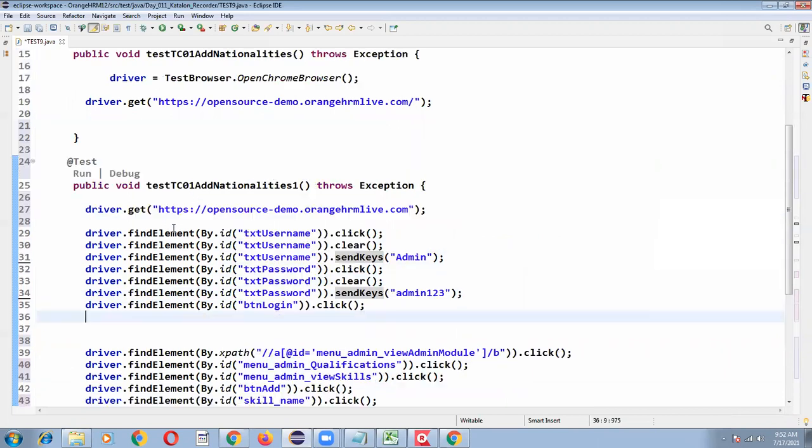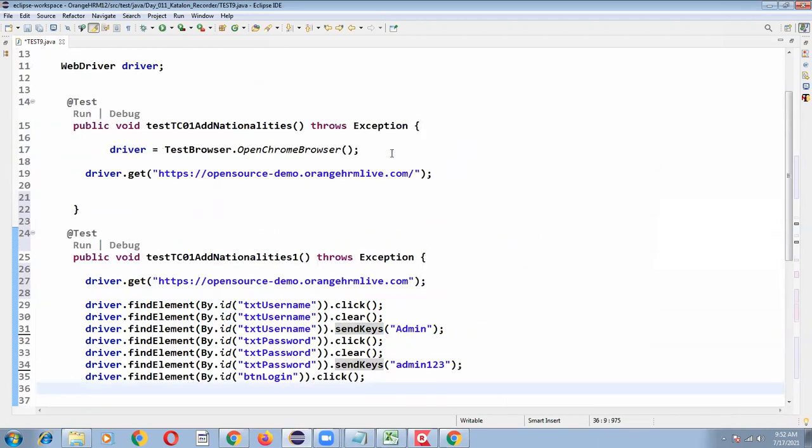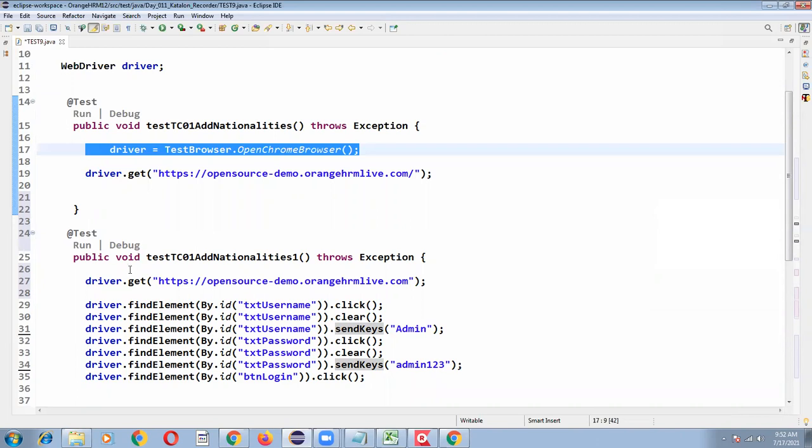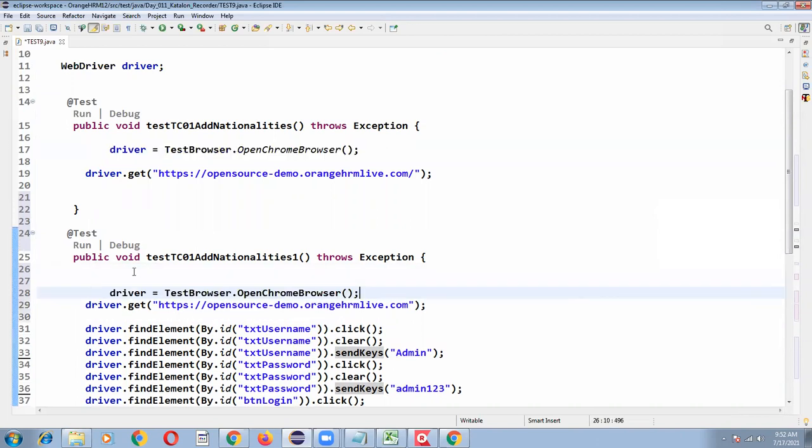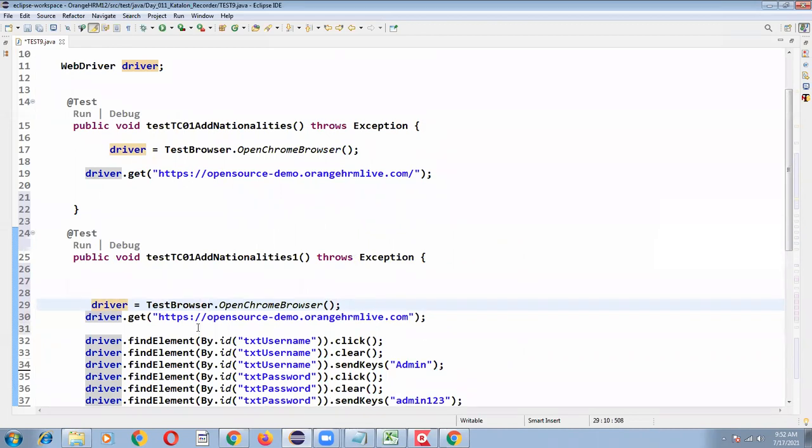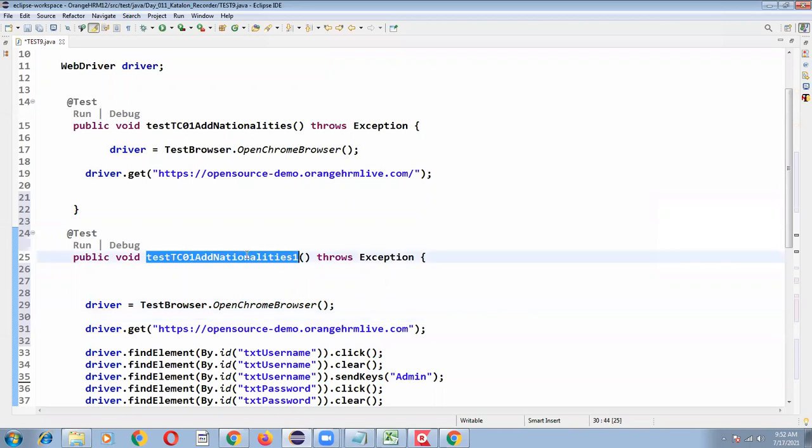So your test was automated. That's it. You need to write only the browser launching. This time if I execute my program, your add skills will be executed. TC02, and I can give whatever I want.